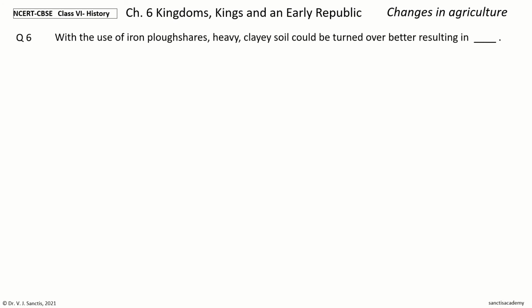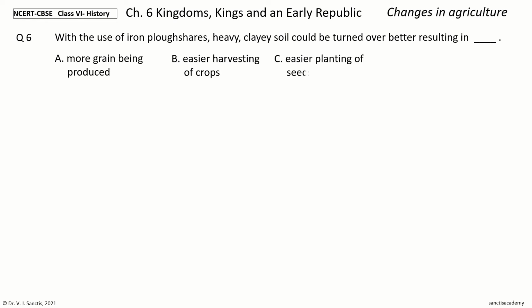Question 6. With the use of iron plowshares, heavy clayey soil could be turned over better, resulting in dash. The options are more grain being produced, easier harvesting of crops, easier planting of seeds, rainwater seeping into the soil better. Your time to choose. And the answer is more grain being produced. So, with the use of iron plowshares, heavy clayey soil could be turned over better, resulting in more grain being